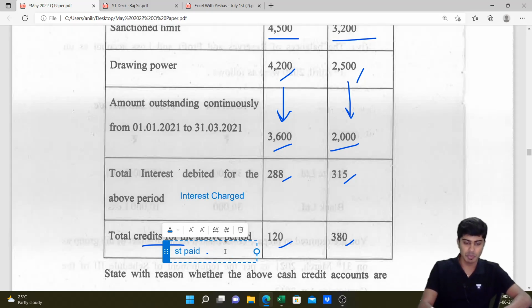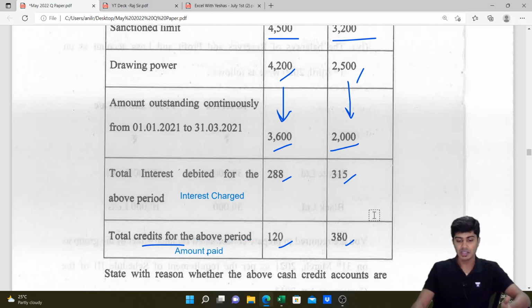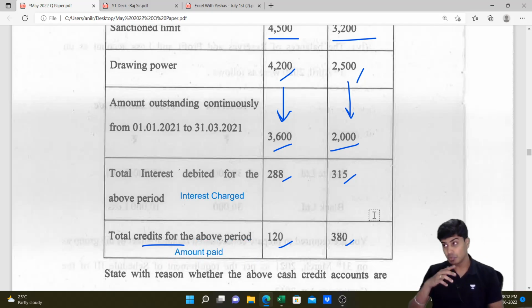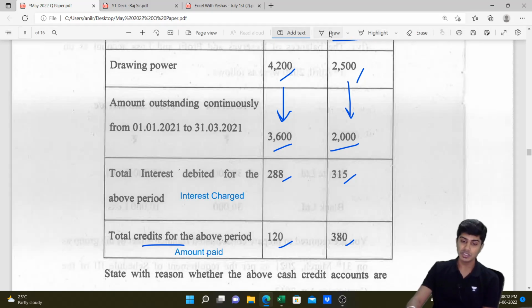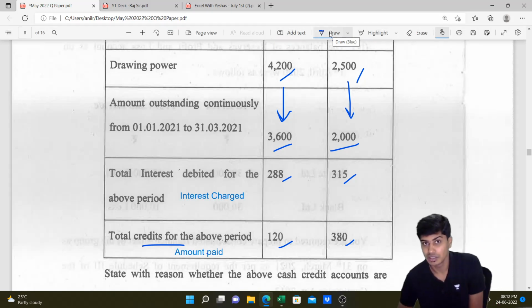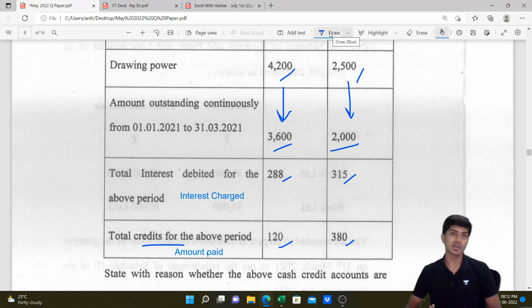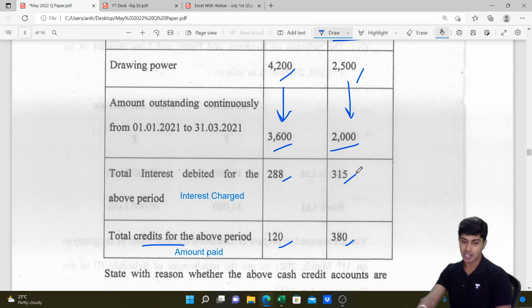So even if you don't repay the principal, at least you need to pay the interest. In this case, 288 rupees interest charged, 120 you paid. So principal is outstanding, plus there is interest also outstanding. When the interest is outstanding, then it will become non-performing. However, in this case, account B may,